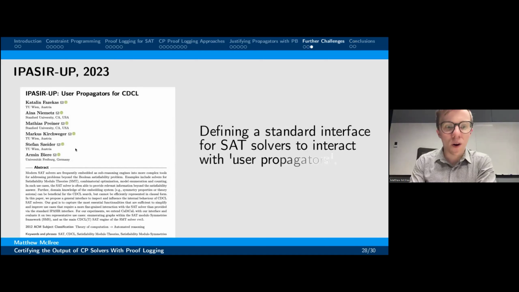Okay, so all this is to say is this has come off just a very recent research visit. I'm currently calling in from Australia because I've been visiting Monash University, and this IPASIR-UP paper is effectively defining a standardized interface for SAT solvers to interact with external propagation engines without really knowing what these propagation engines are. And now that this exists, the people that generate lazy clause generation solvers are getting very interested